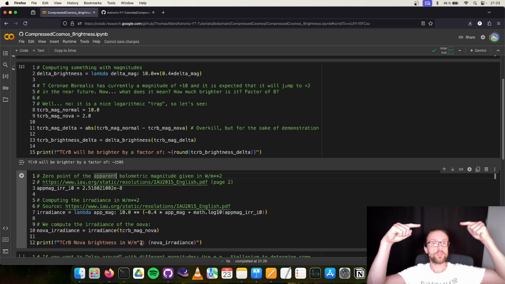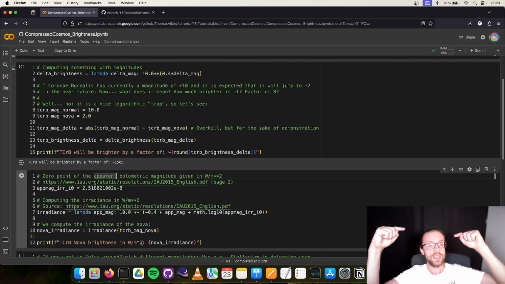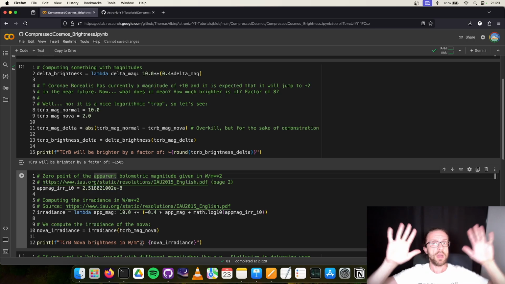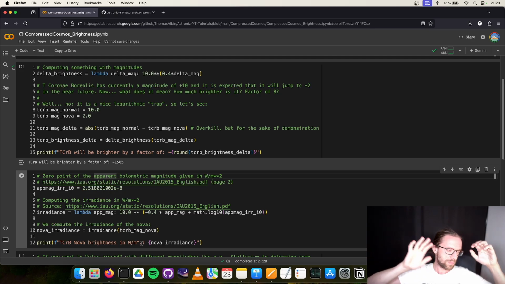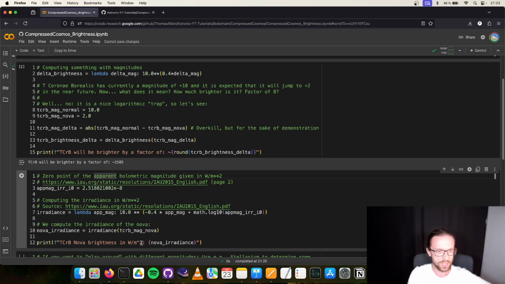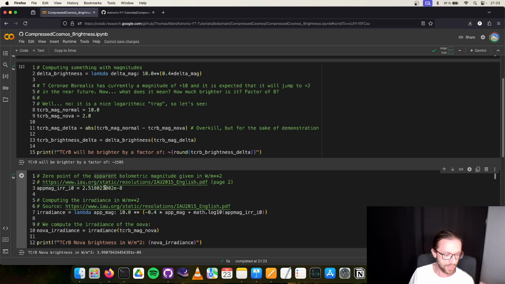And the magnitude of 2, we know from Hipparchus, will be visible. A magnitude of 2 is easily visible to the naked eye. Maybe not in the inner city of New York or so because it's a little bit too bright, but in some rural areas it's easily visible. And now it's getting interesting how many watts per square meter are hitting Earth. We execute the code and we see it's around 4 times 10 to the power of minus 9 watts